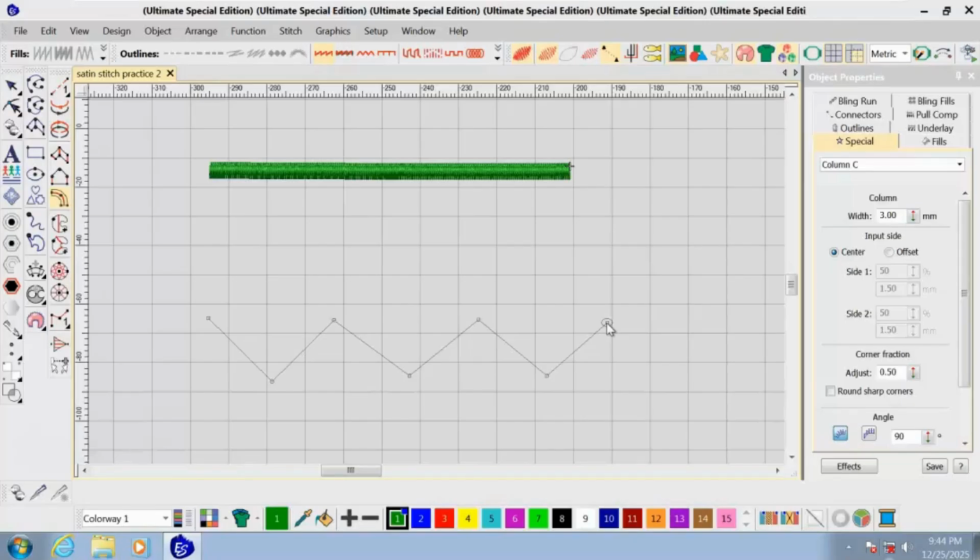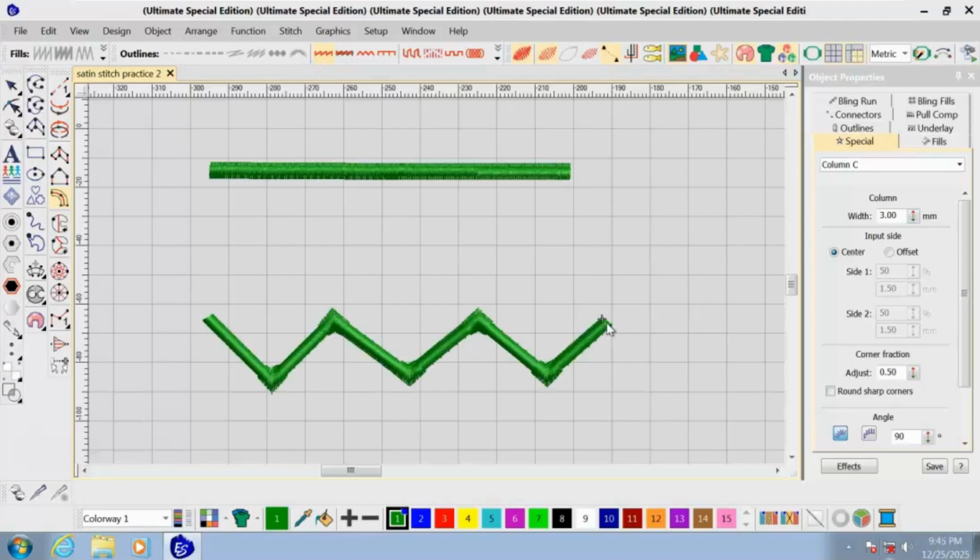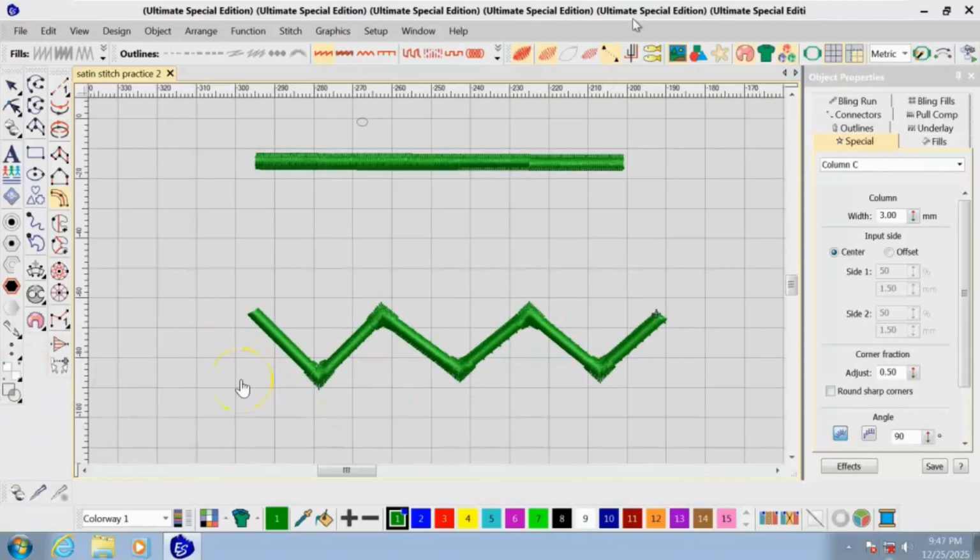After finishing the shape, I press enter. If needed, I press enter one more time. Now the column C object is created. I am using this shape to clearly show how the width behaves, even when the direction changes. You don't need to draw perfectly. This is only to understand the tool.